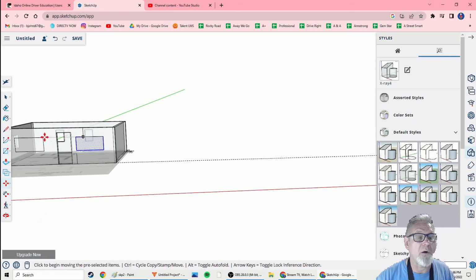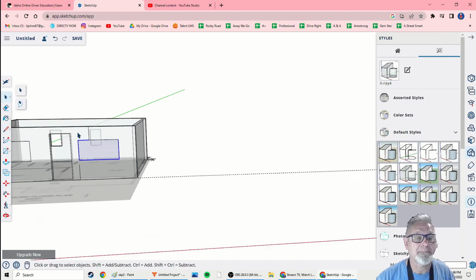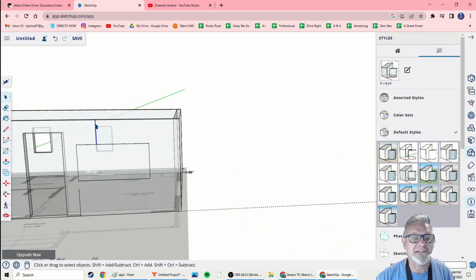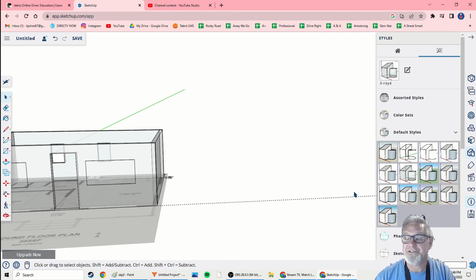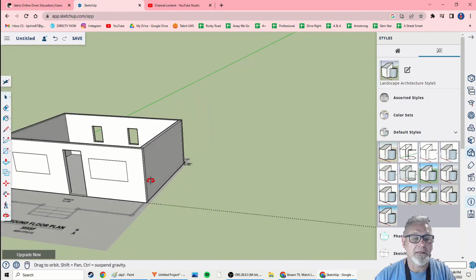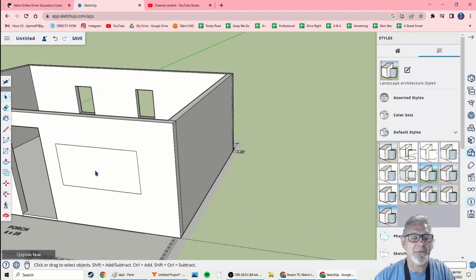So now we're going to delete the vertical line, just highlight it and hit the delete key. Make sure nothing else is highlighted, and then delete that as well. We want to turn off X-ray mode and be able to see those. Oh, I have one more window. I was wrong. All right, so let's highlight that window, push-pull tool, push in,